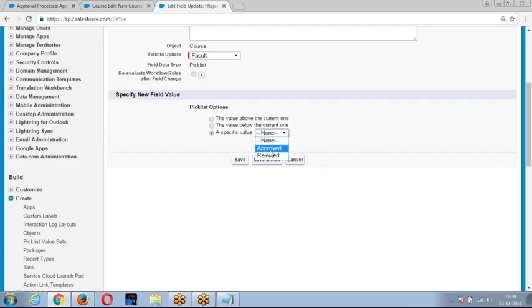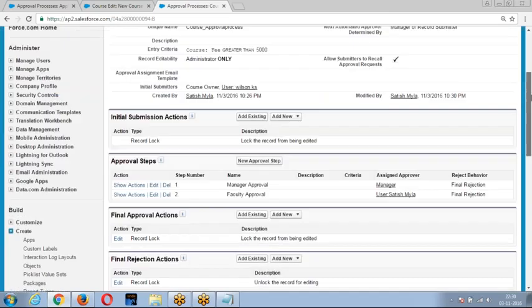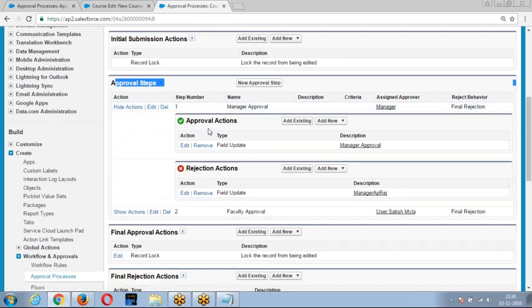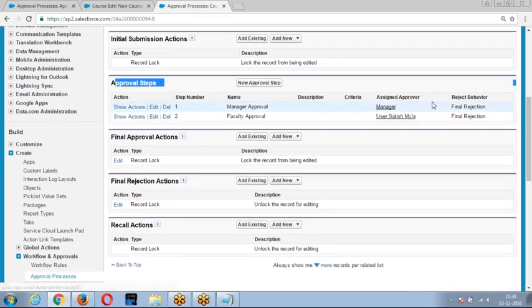Now if both of them approve it, what do I want to perform as the final action? Look at the point. So we have initial submission steps and approval steps. For every approval step, we have a corresponding action.